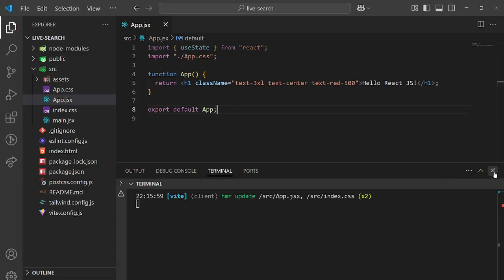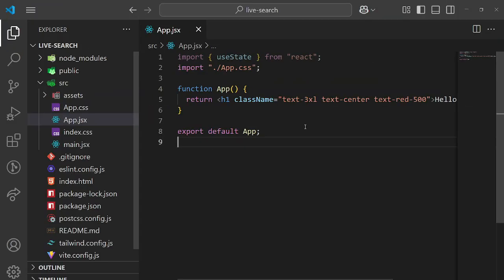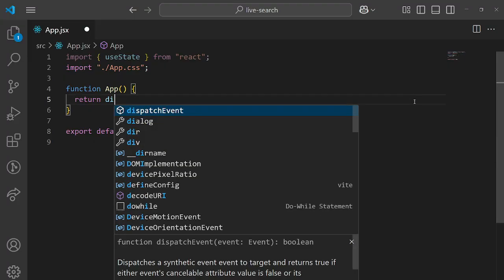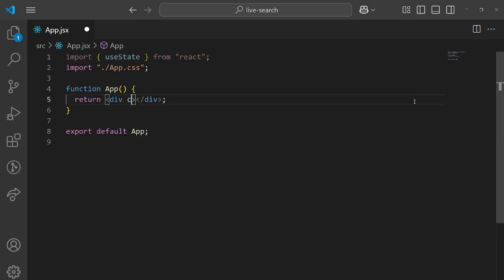So let's close this terminal and let me zoom it. Okay, so this looks fine. And let me close this side window as well. So let's delete this h1 tag. And here I'm going to create a div. Let's create a class. Min height is screen and width is full and mx is auto and px is 8